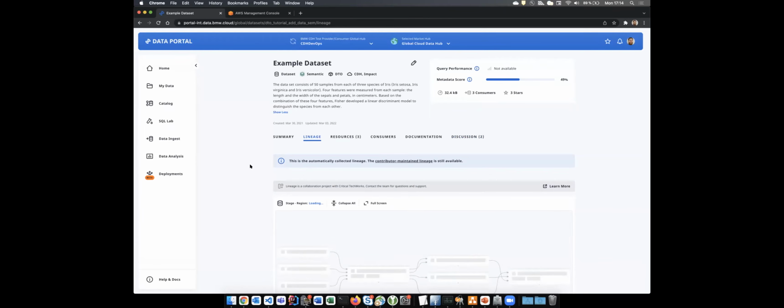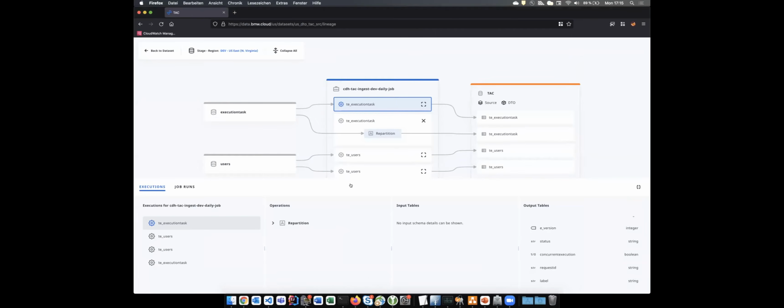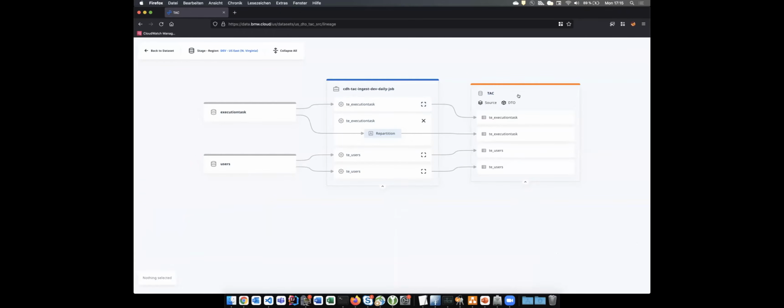And we started with introducing this manually applied lineage here. So basically you can define, this is my upstream data set, and the other ones here are the downstream data sets. But what we've recently introduced is the automatically generated lineage. And there actually the glue jobs themselves write the lineage information. And this is what we see here. So the orange box here is a data set, and the blue box here is the glue job.